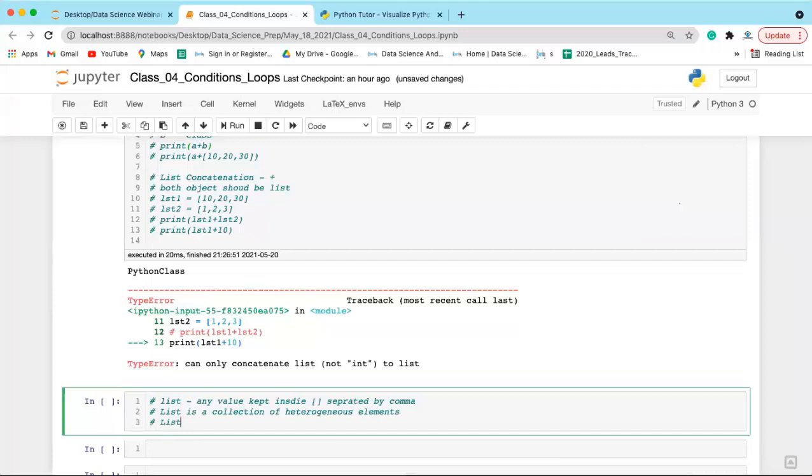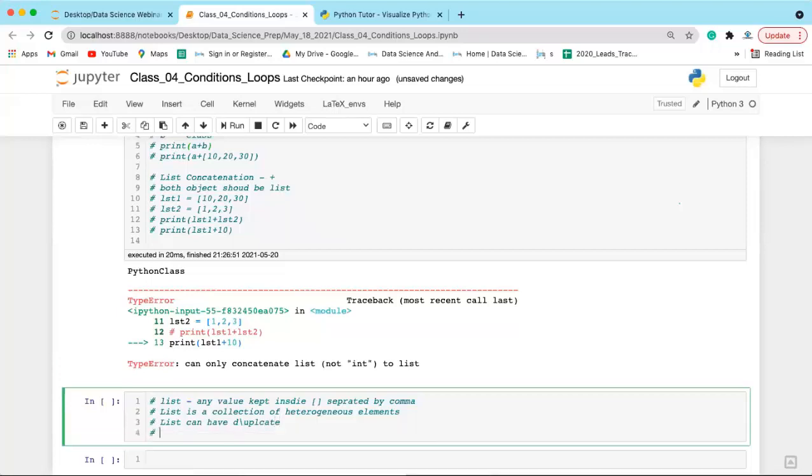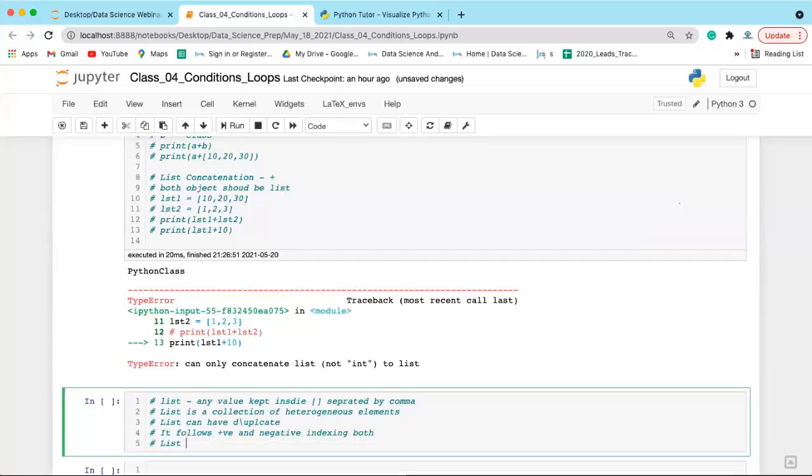A list can have duplicates and it follows positive and negative indexing. Remember that. Also, lists are mutable.